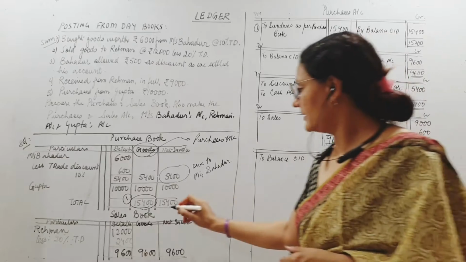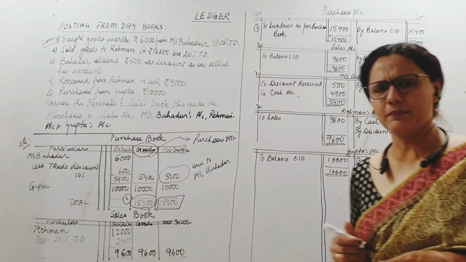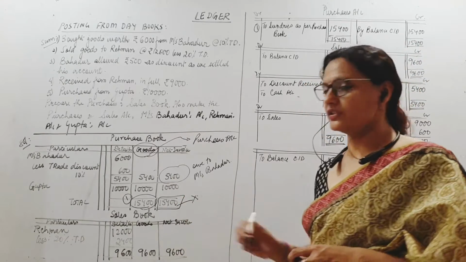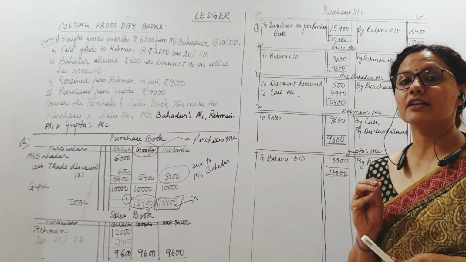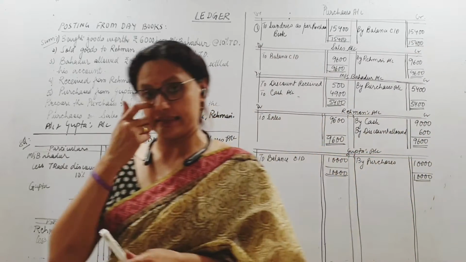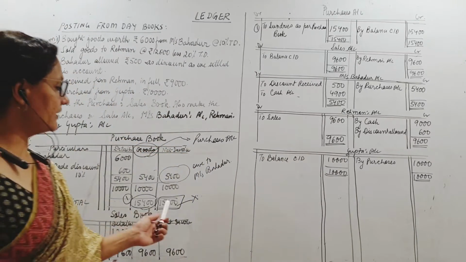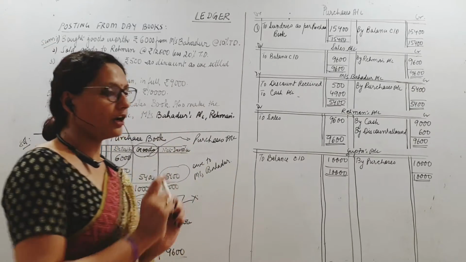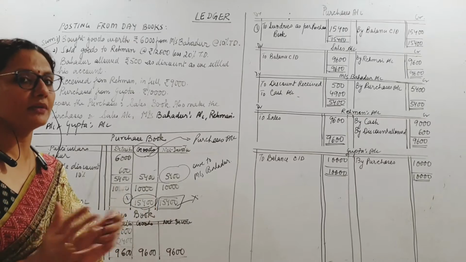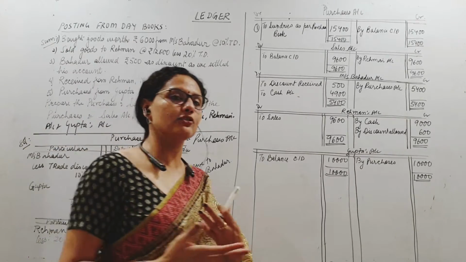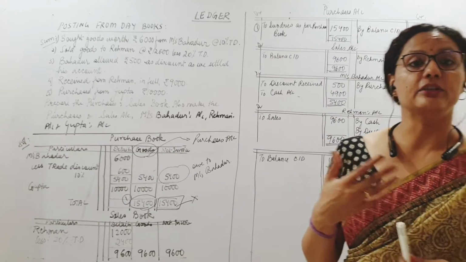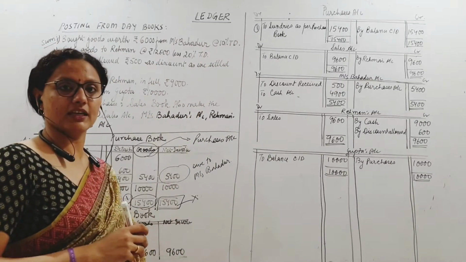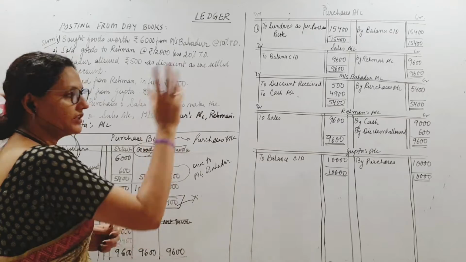Now please note, since both are the same here, there is no carriage, there is no GST, still I am telling you, this amount is not posted anywhere else. This is just showing me how much I owe to my creditors. Individually I will have to show how much I owe to Bahadur and how much I owe to Mr. Gupta. I cannot merge them, otherwise how will I know how much is payable to Mr. Bahadur and how much to Mr. Gupta? Here we cannot merge them as we did with purchases. Individual amounts will go to their accounts.